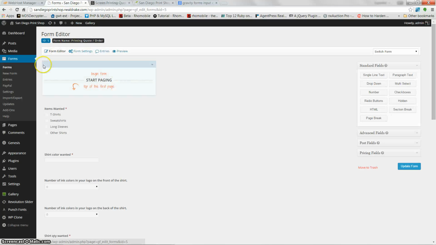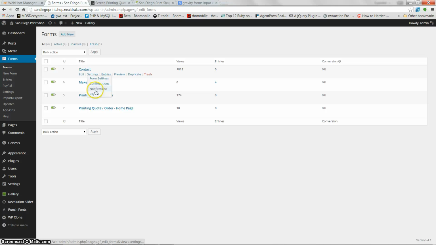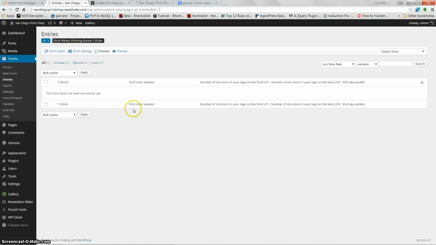Once they submit it, let's just go back to the front forms. If you roll over it, you'll see entries, and they don't have any entries in here right now. But you can just go to entries, and it kind of backs it up. If you didn't get an email or something like that, you can always go double check, and it'll have all